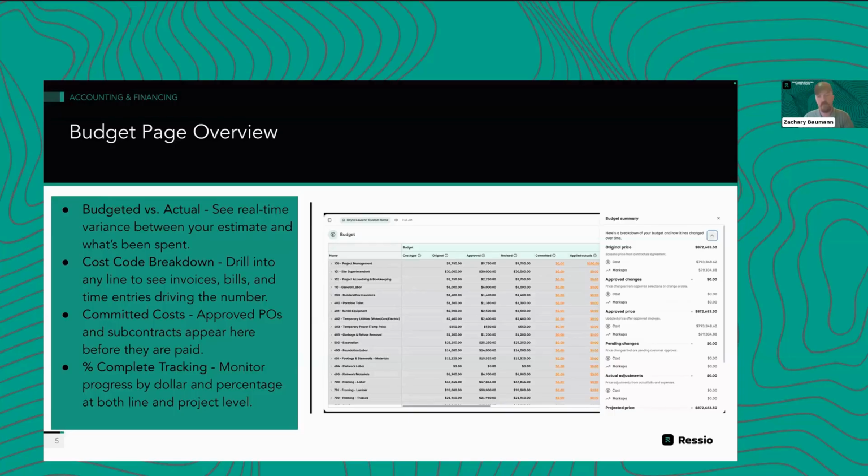Approved, like I alluded to here, is just the approved selections and change orders, plus the original cost, of course. And so that is going to be exactly what the customer has approved, or you have approved on behalf of the customer. That is really going to be your live price on the project. Hey, this is our original contract price, plus or minus any changes that we've made, plus or minus any selections that we've done with the customer, to give us a really good idea of where the customer stands at this moment, from what they've said okay to, or what we've said okay to on their behalf.